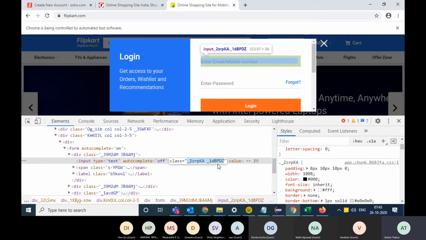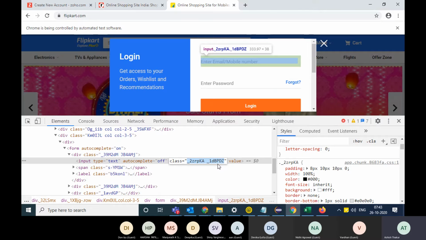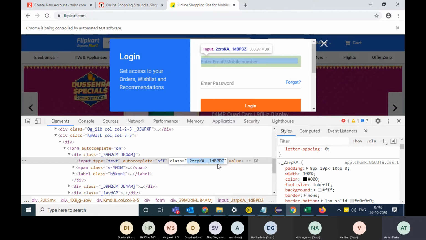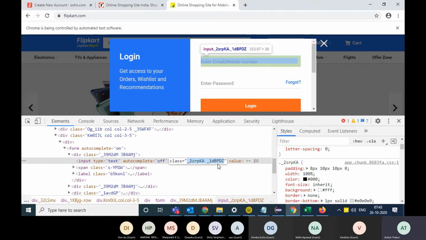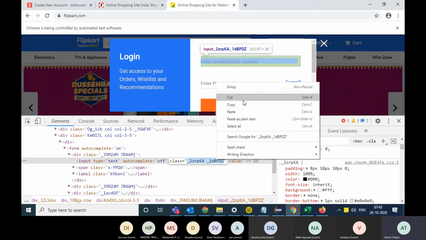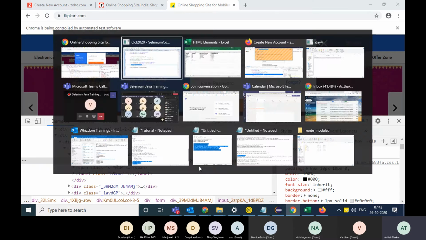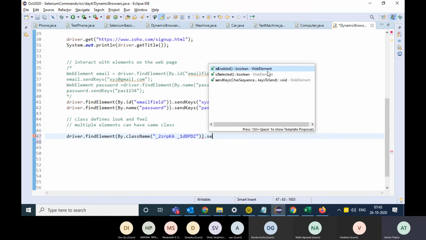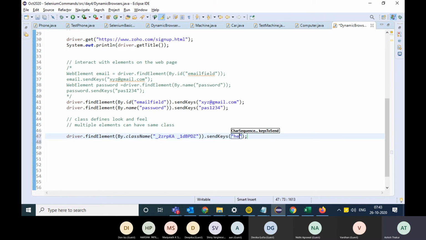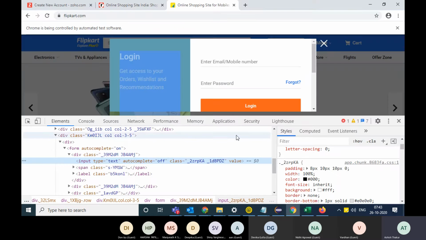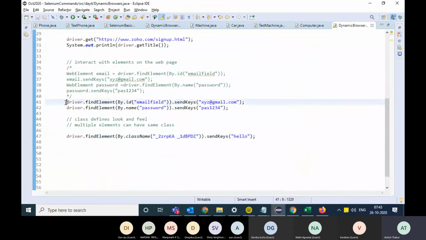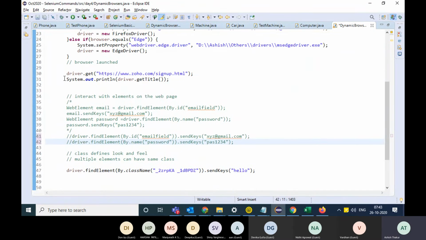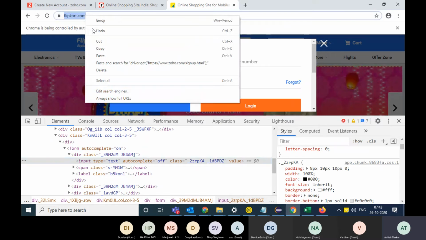Talking like that, I am assuming there is no particular element on the web page which is having these two classes apart from this other element. So if I try to write the code over here, driver.find_element by the class name, and I give these two classes dot send_keys and I try to type something into that element, I comment out both of these and I will have to change the URL as well. I will have to go to flipkart.com.